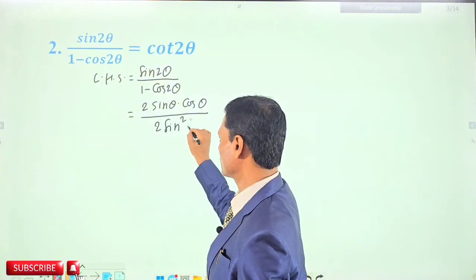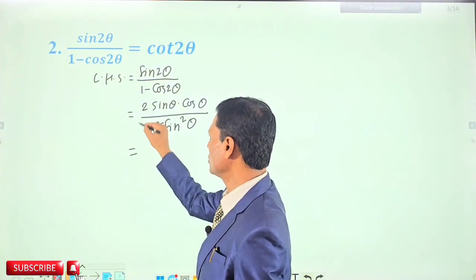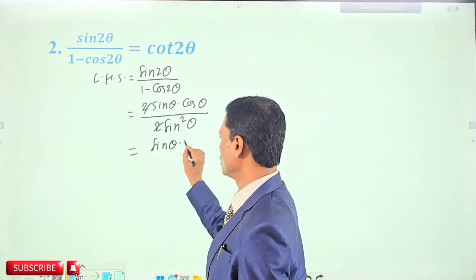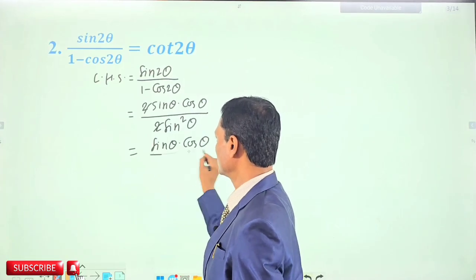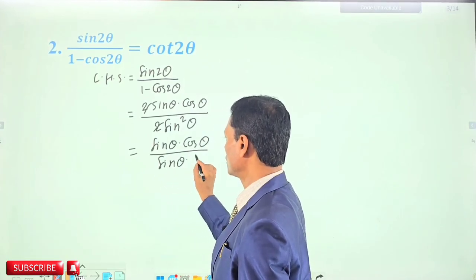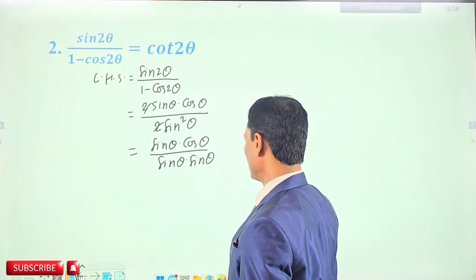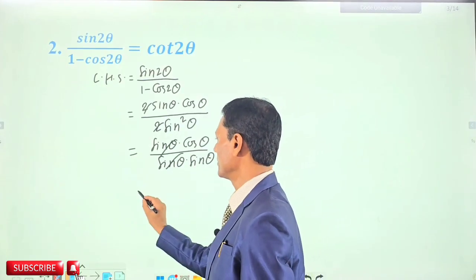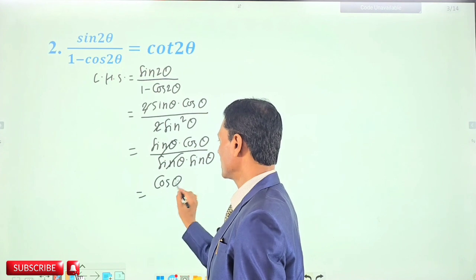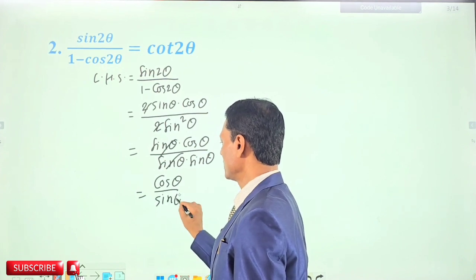So that's 2 sin square theta. Then we can cancel 2 and 2, and here sin theta dot cos theta over sin theta dot sin theta, and we can cancel sin and sin, and the remaining we have here cos theta over sin theta,